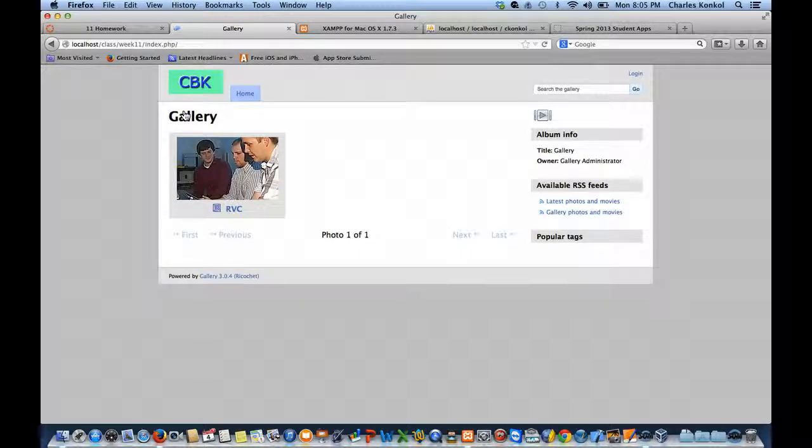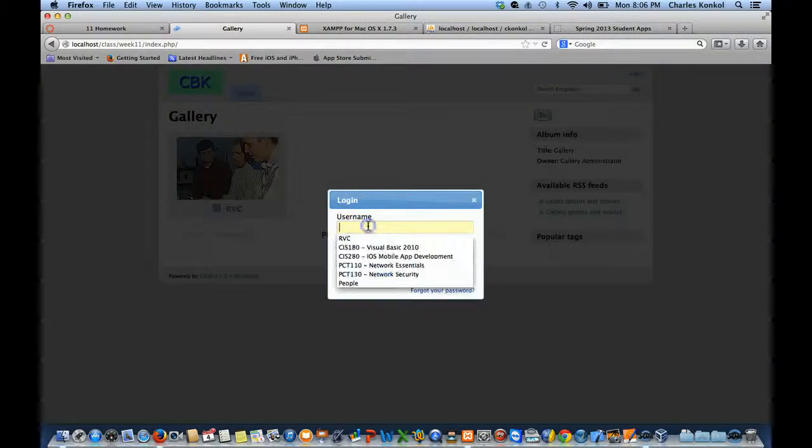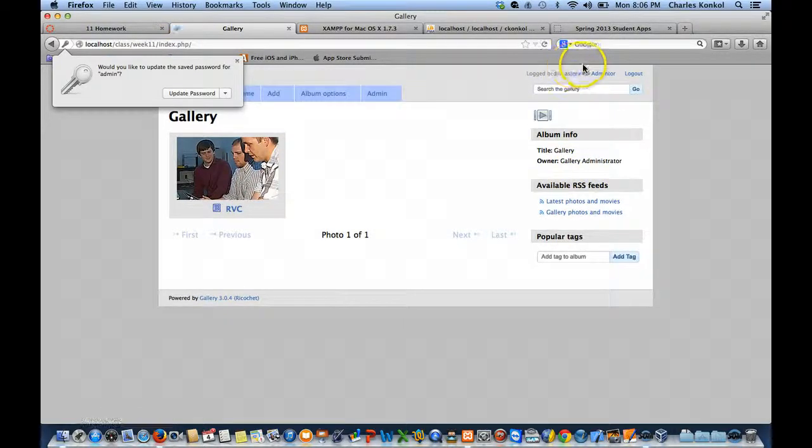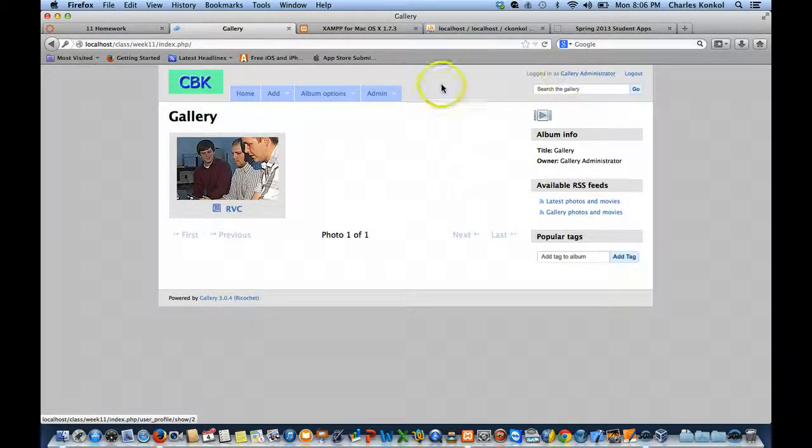Pretty simple, right? There's other stuff you can do too on the administrative side. When you log in, you can change the footer stuff here on the CSS. You can go down here and change this if you want to. You can also add in RSS feeds. You can add separate tags to the pictures as you bring them in. The administrative side of it's pretty simple. I would recommend when you do create this one to immediately change the password and email so you won't forget. And I just wanted to show you some of the gallery administration stuff you can do